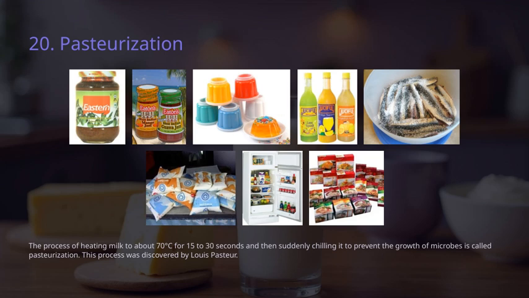The main goal of pasteurization is to make milk safer to drink by destroying harmful bacteria, but without affecting its quality too much. This process was discovered by Louis Pasteur, which is why it bears his name. In the bigger picture, pasteurization is a vital step in ensuring the safety and shelf life of dairy products, fitting into our overall theme of food safety and processing. It's a simple yet effective method that has had a huge impact on public health.